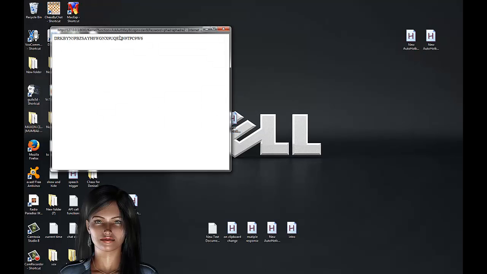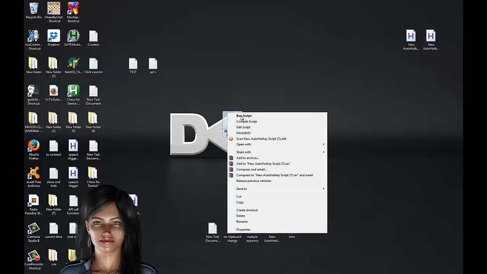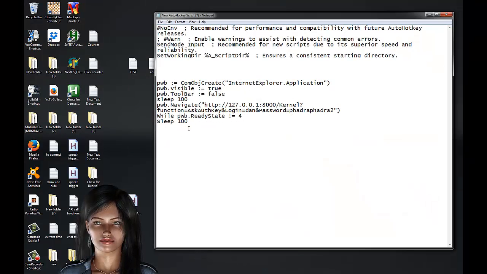Alright. It's returned the key. And this key changes every time Denise restarts. And that's good. Now, we're going to move on right here. Next line, we want to set a variable to store that key in. So we're going to say var1 equals